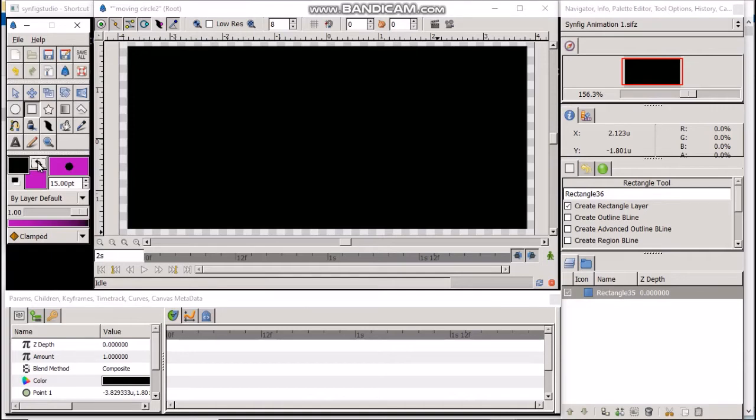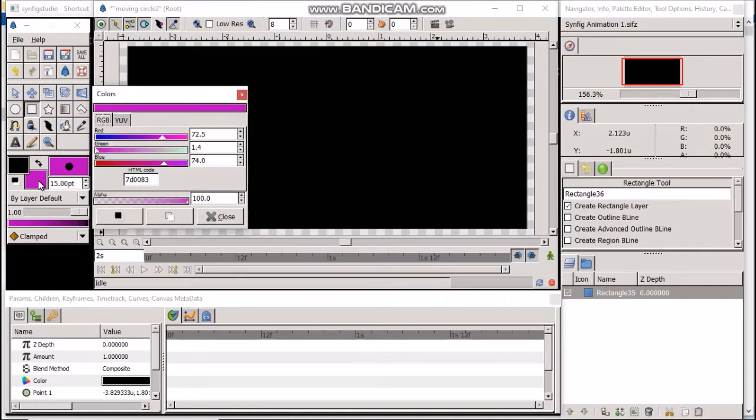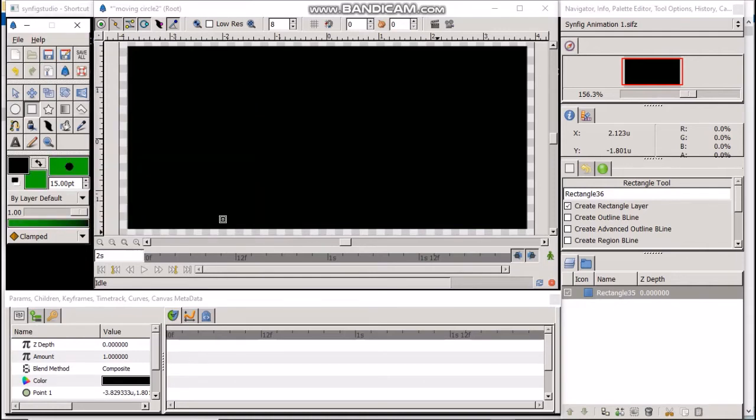First, let us change the fill color to green. Just now the fill color is dark pink. Let us change it to green color. So, click here. Make it a green color. Here it is. Close. Then select the circle tool and tick mark create a circle layer and then create a circle.